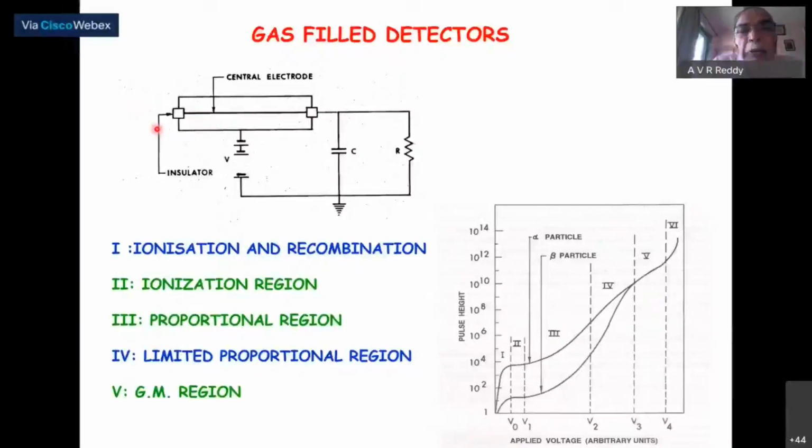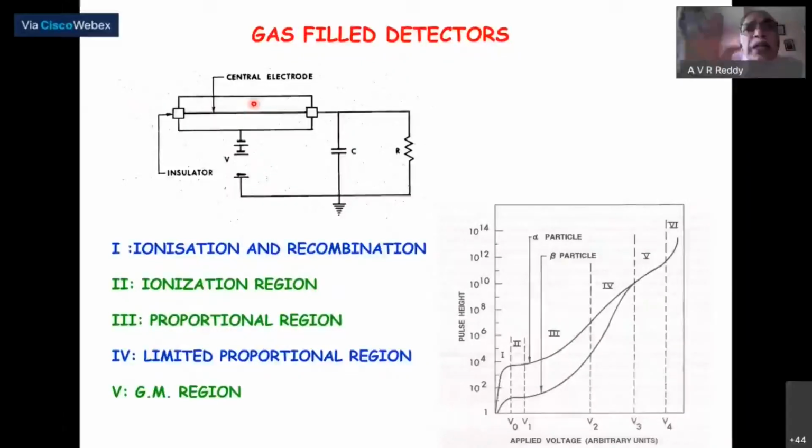Now, when the radiation passes through and enters the detector, we have already seen in the interaction of radiation with matter that when an alpha particle or a beta particle or radiation enters a medium, it interacts coulombically with the electrons in the medium. These gas molecules have lots of electrons, is it not? So the first obvious thing is the radiation will interact coulombically and produce ionization.